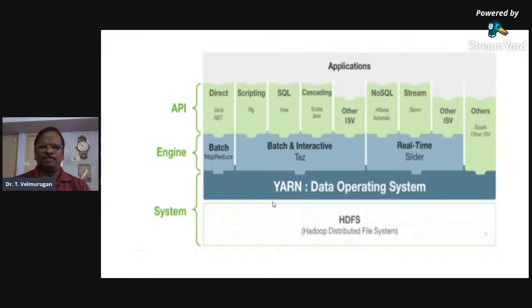Now you see here, there are three layers: API, engine, and system. At the base layer are HDFS and YARN, the data operating system. I already told you, the data operating system is YARN. In the system layer, both HDFS and YARN work together. Then the engine layer is like a search engine. Just as Google fetches our queries and gets the information from various sources,